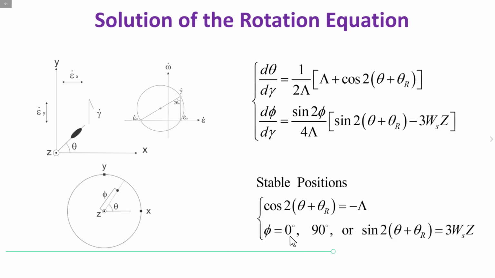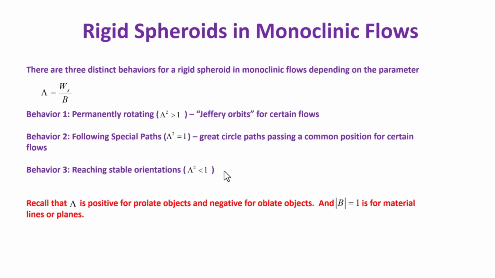will never change. A second situation is if the distinct axis of the object is on the vorticity normal section. Phi equals 90 degrees, phi doesn't change either. A third situation is when this term is 0, then phi is also fixed. So this has consequences to whether the object will eventually reach a stable position.